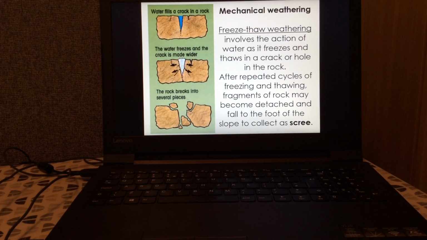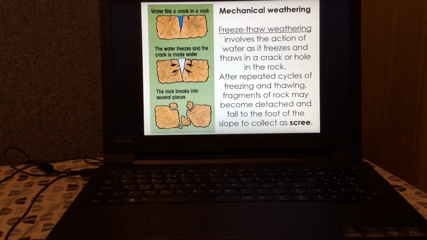crack in the rock and it rains and that crack fills up with water. That night, the temperature drops, it gets really cold and the water freezes, and because as the water freezes it expands, it puts pressure on the rock and that crack is made wider. And if we're talking about a place in winter, that's going to happen over and over again, possibly every night, every 24-hour cycle. The water's going to freeze and expand, put pressure on the rock and crack it, until eventually